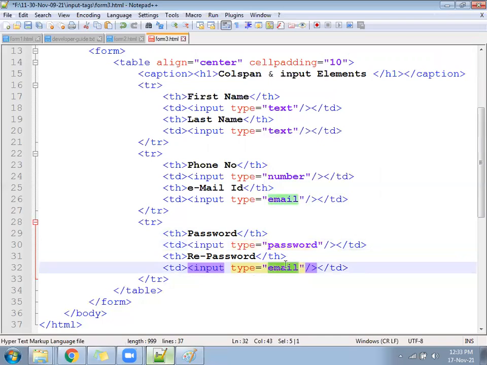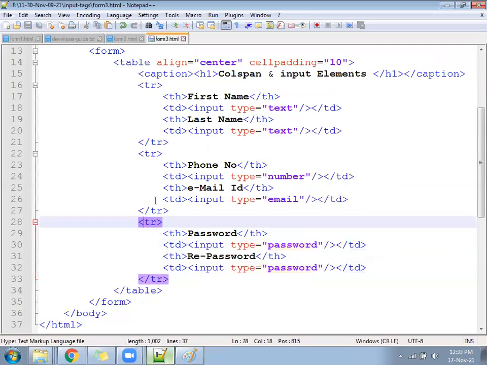Here also input type equal to password. Both ready?